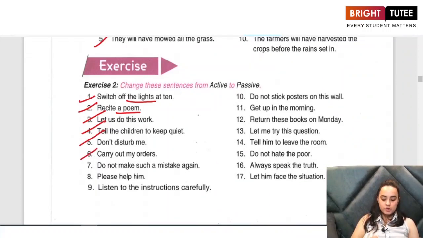Do not make such a mistake again. Let not such a mistake be made again. Please help him. Let him be helped, or you are requested to help him. Listen to the instructions carefully. You are advised to listen to the instructions carefully, or let the instructions be listened to carefully. So you see, dear students, this is how we are going to change our active to passive